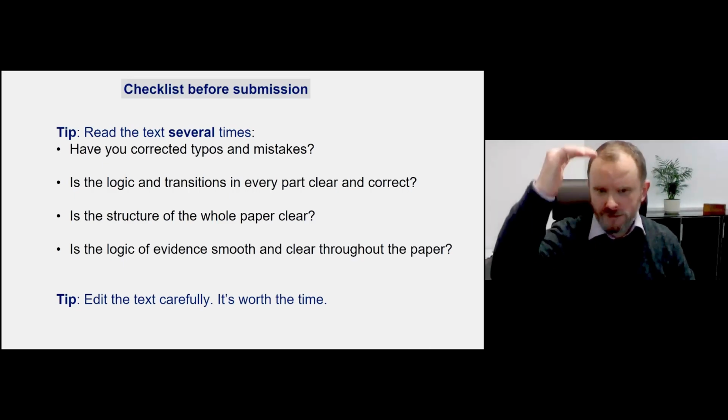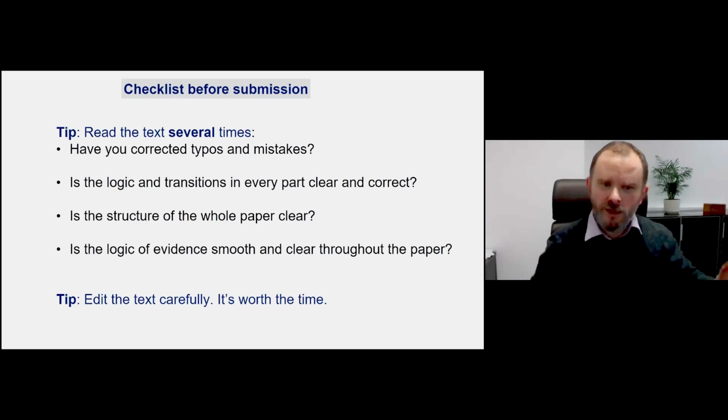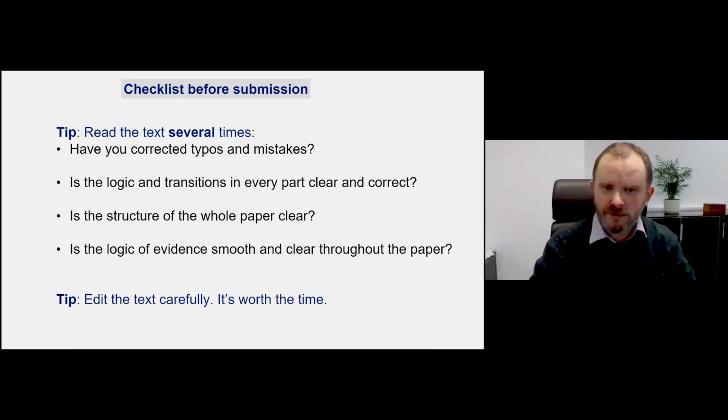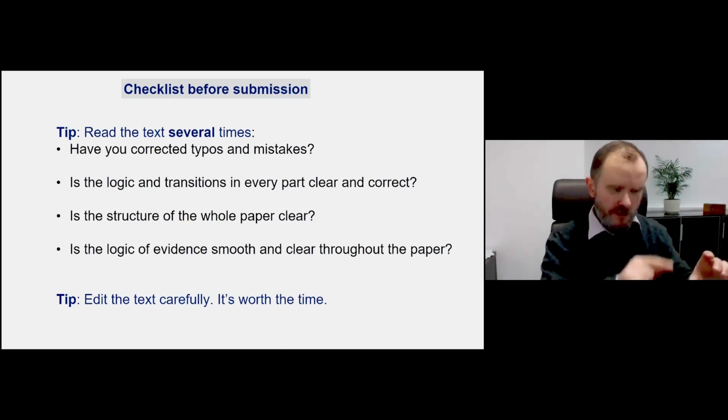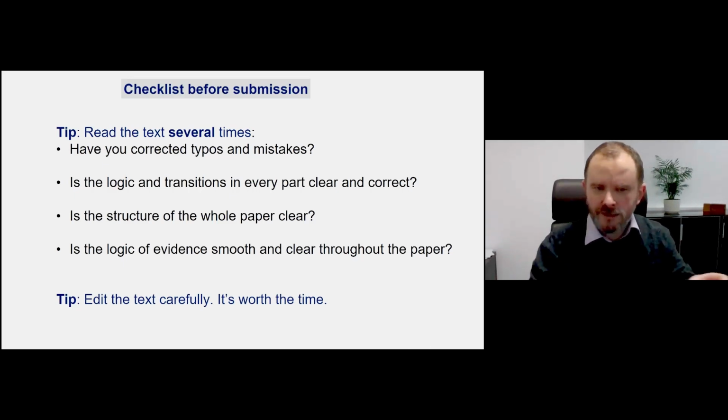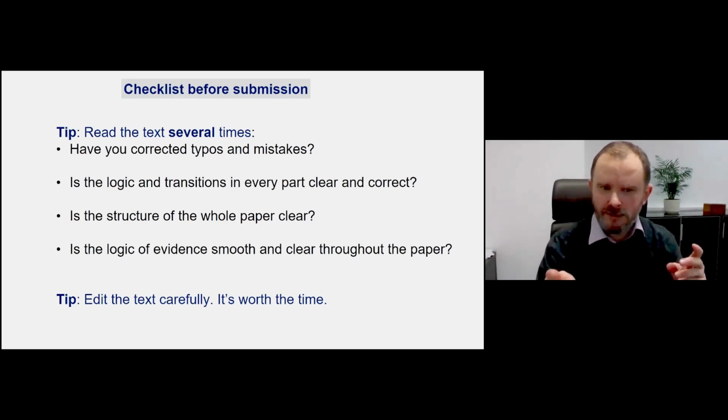Firstly, read the text and don't pay any attention to logic, to correctness of proofs, to clarity of presentation. Just look for mistakes and typos. Concentrate on each word: is it typed correctly? Are there no extra symbols and so on? Next, check all proofs locally. Say it's written, A implies B. Please check: is it really proved in this sentence, or in this paragraph, that A implies B? Don't pay attention to the whole structure, just check correctness locally.